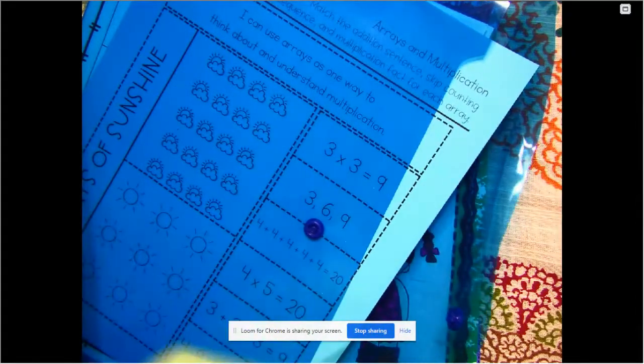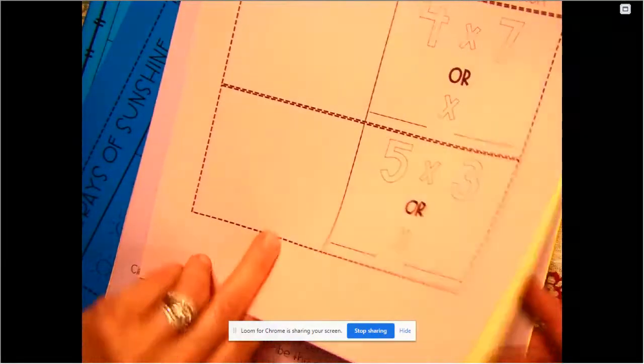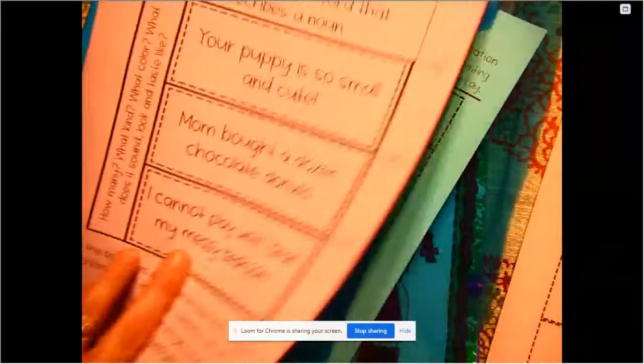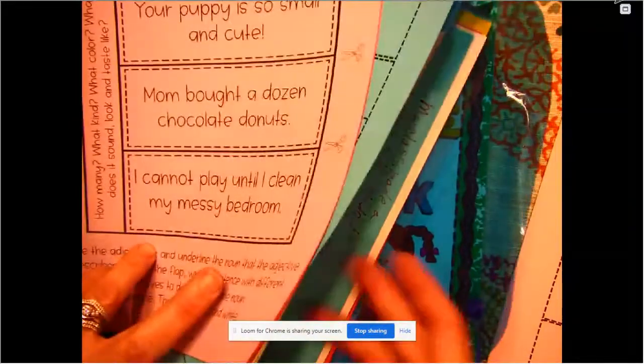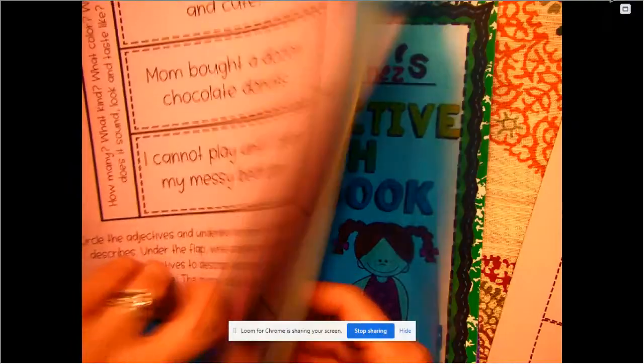That's adjectives. Okay. So see how this doesn't have Not So Wimpy Teacher on the bottom? So that's the other set. So hold on to that. And then I've got so much in here, don't I? Okay. So my other set